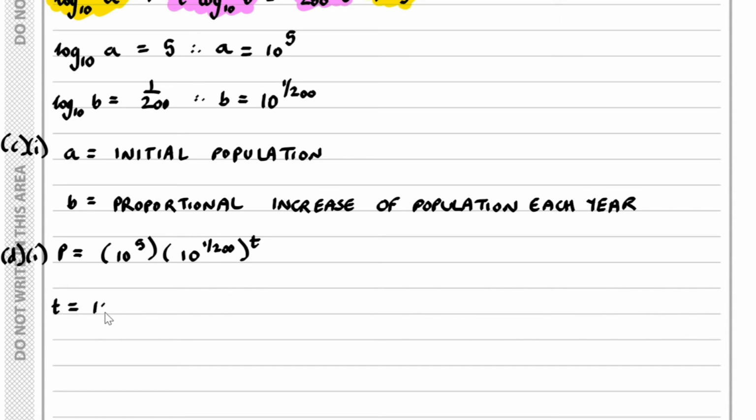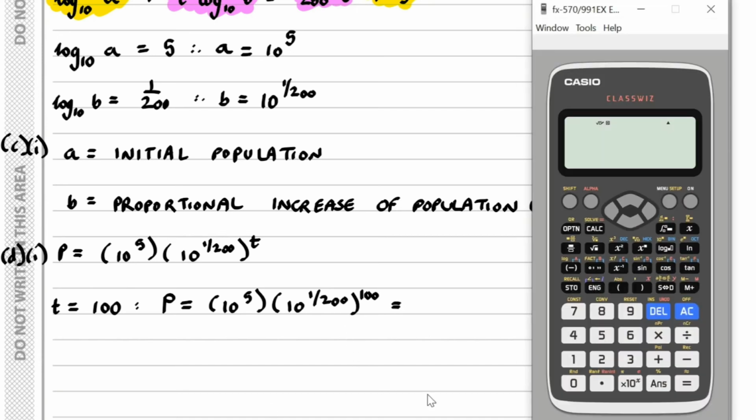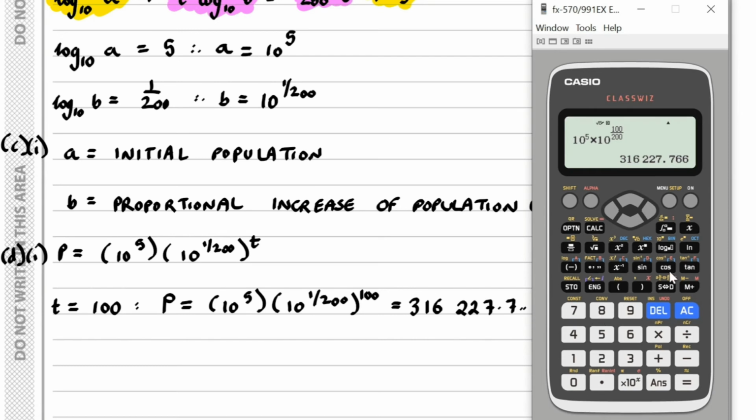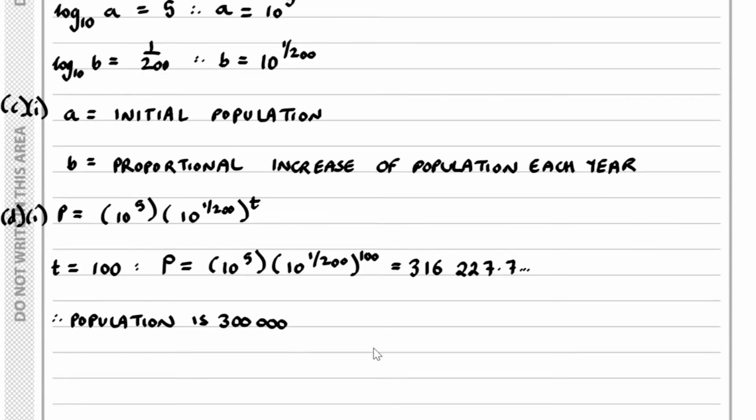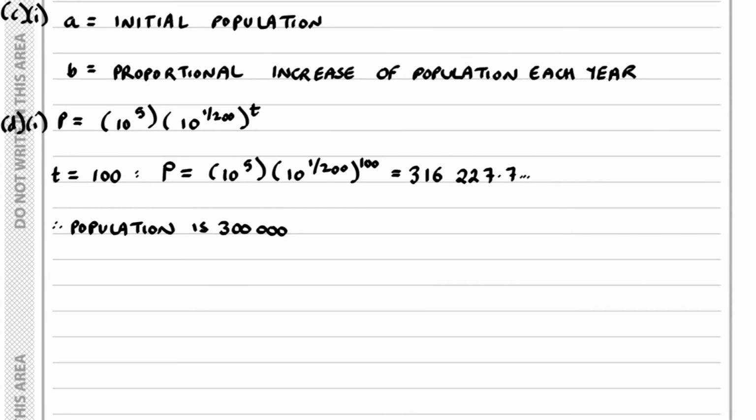Now, when t equals 100, I've got P equals 10 to the power of 5, lots of 10 to the power of 1 over 200 to the power of 100. And so if I work this out, we've got 10 to the power of 5 times by 10 to the power of 100 over 200. It turns out we get 316,227.7, etc. And so we can conclude from here then, the population is 300,000 to the nearest 1,000. And now,